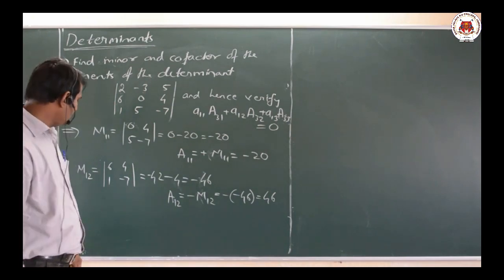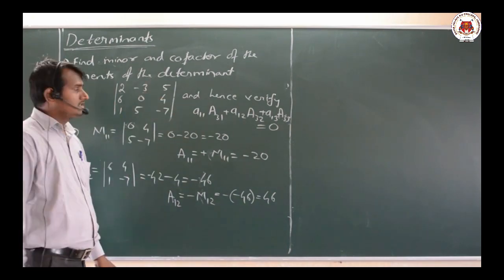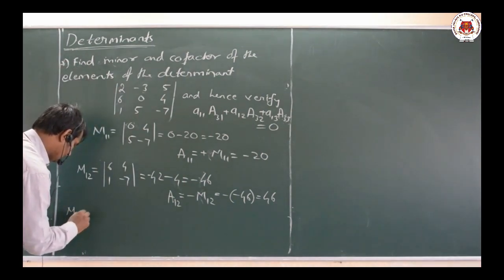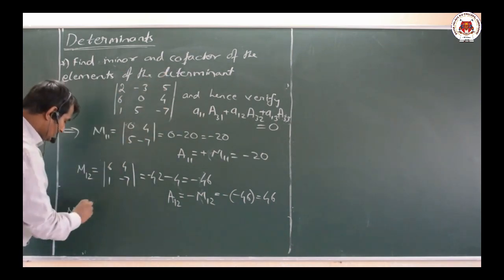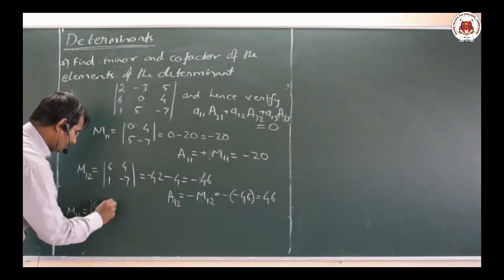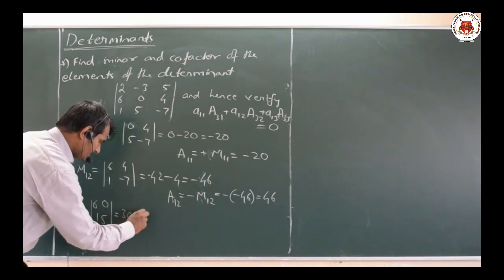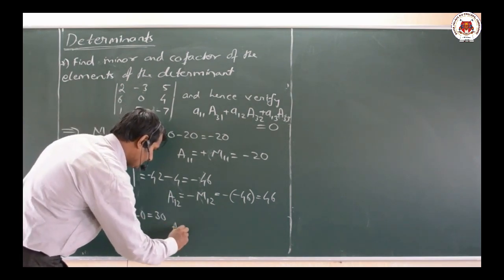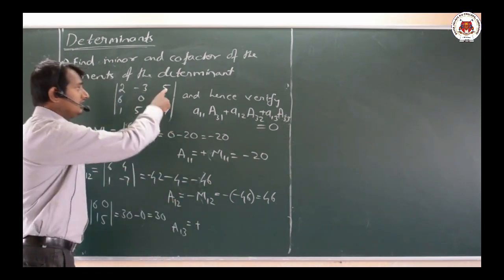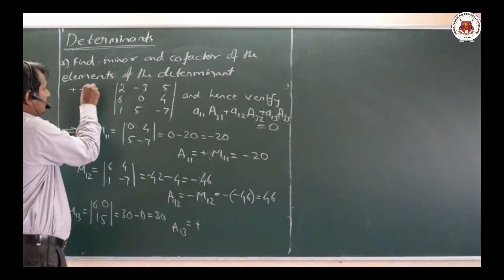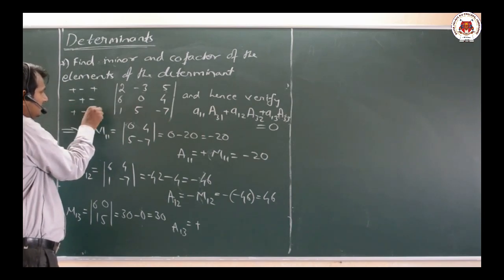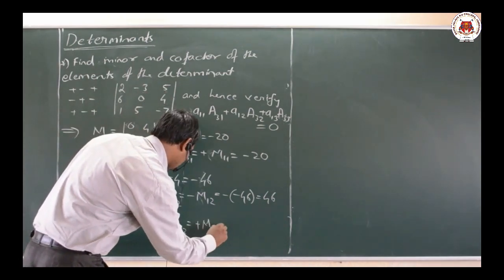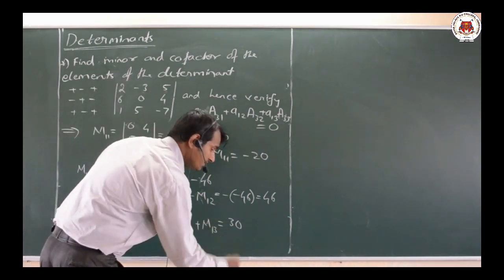Okay, dear friends, now we shall find out the minor of the third value 5. Similarly, we will find out the minors of all the values here. M13 means we have to delete this row and column. What values do we get? 6 0 1 5, that is 5 6s are 30 minus 1 times 0, the value is 0. Similarly, A13 equal to plus sign, here it is pre-multiplied by plus sign, plus minus plus minus plus minus plus. The base value of 5 is positive here, then the cofactor of 13, which is equal to plus 30.